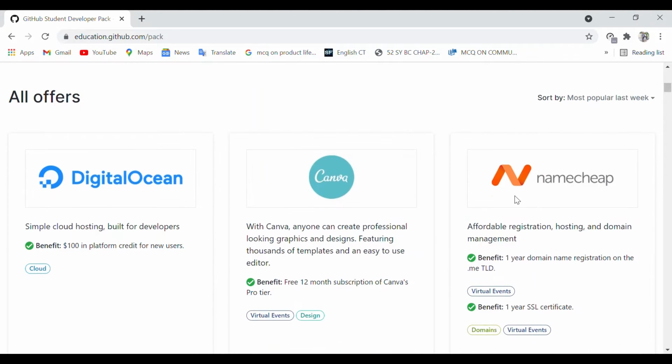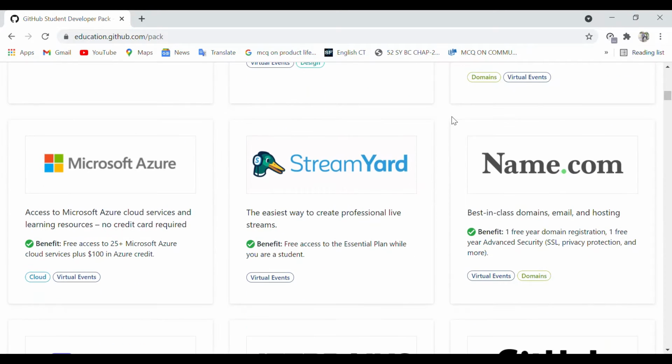You can get access to DigitalOcean, which is just like AWS, a cloud platform, Canva for designing, and you can get a domain for yourself for 1 year with an SSL certificate, Microsoft Azure, again cloud, and you can also go for professional live streams or create webinars through StreamYard, and name.com will also give you a domain for 1 year with another email and hosting.